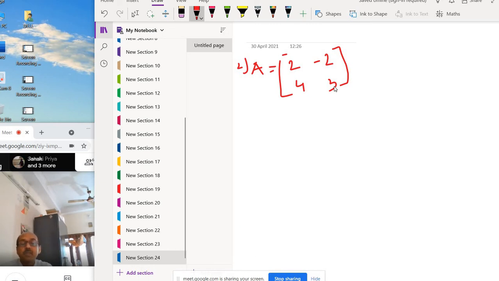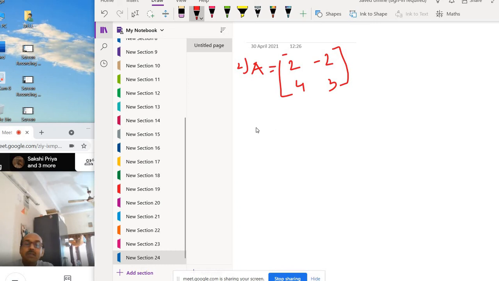Okay, so at first find its cofactors, then adjoint, and then you can find the inverse also. When the question is find the adjoint, then you have to find at first cofactors, then adjoint. If the question is find the inverse, then also you have to find cofactors, then adjoint, then inverse. So if you find the inverse, that means all the steps you have to do.